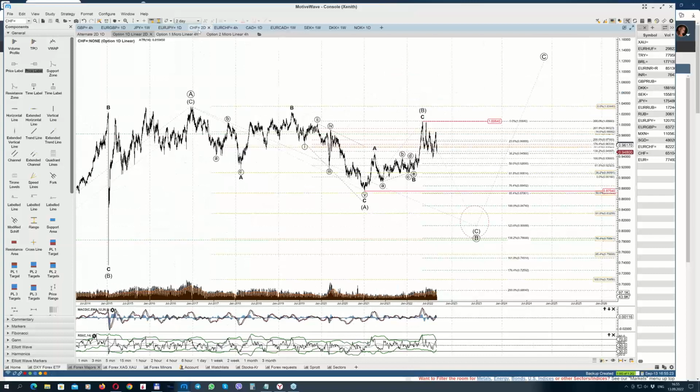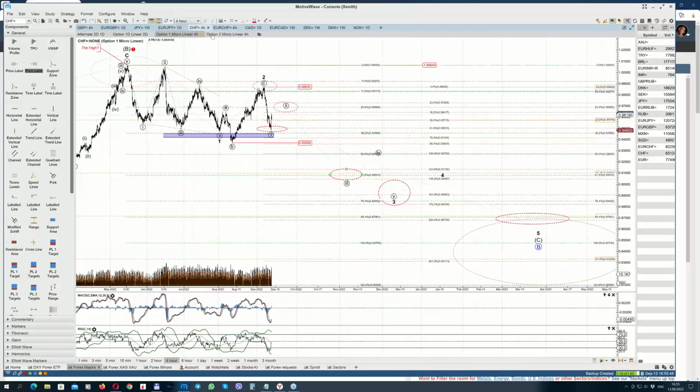Swiss franc. The count of a large degree for the United States dollar to the Swiss franc. A, B, and C. Wave A. Now we may have completed wave C of B, and seem to have completed also waves 1, 2 to the downside, considered to be a leading diagonal followed by corrective rally. More details for this scenario. Leading diagonal to the downside, expanded flat correction in the wave 2, and now we may be tracing 1, 2